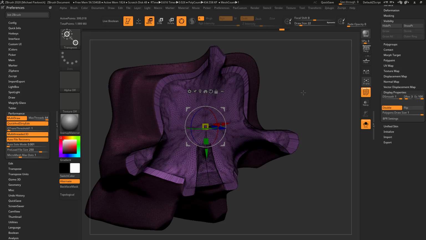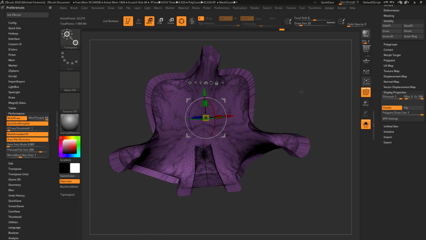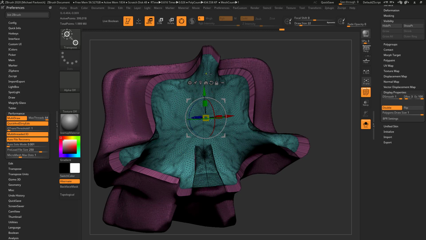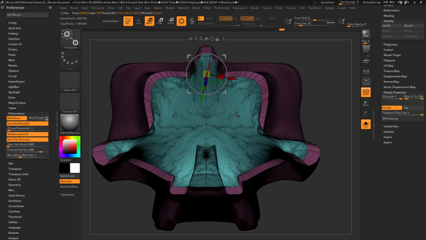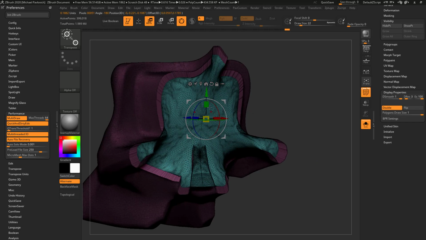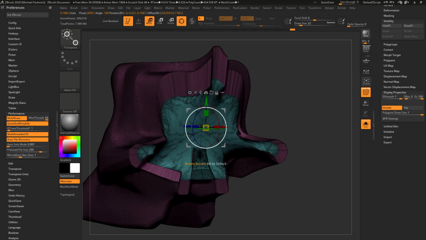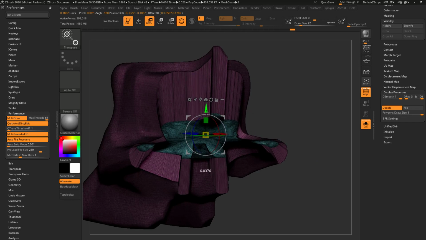Well, now we're grabbing a little bit too much. Let's go back to where we just had that polygroup. We're going to maintain that polygroup just for a little bit longer. Again, Control tap to isolate just this teal polygroup here, and we'll leave that edge ring alone for now. Go out of X symmetry, go to Unmask Mesh Center, reset, turn X symmetry back on by tapping X, and now with that extra edge ring, we might have enough